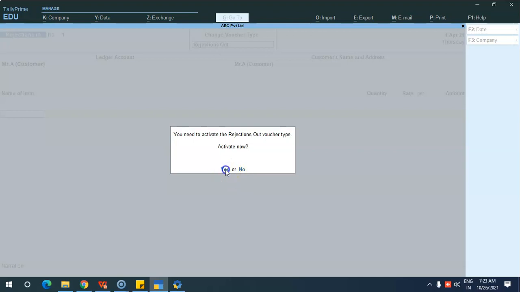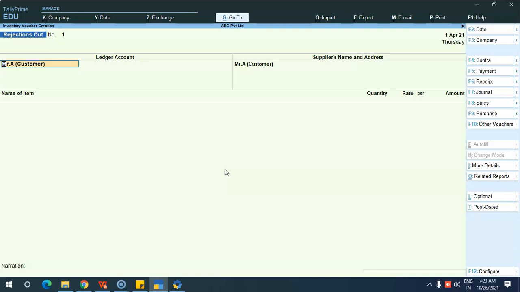So you have received some of the goods from your supplier and you are not satisfied or the quality is low. So because of that you are returning back to your supplier. So that will come in rejection out. Okay. So once you have done with the delivery note, if you have got any rejection means rejection in voucher you have to enter. If you have received any goods and entered in rejection in, after that you are returning the goods to your supplier means then it comes to rejection out.